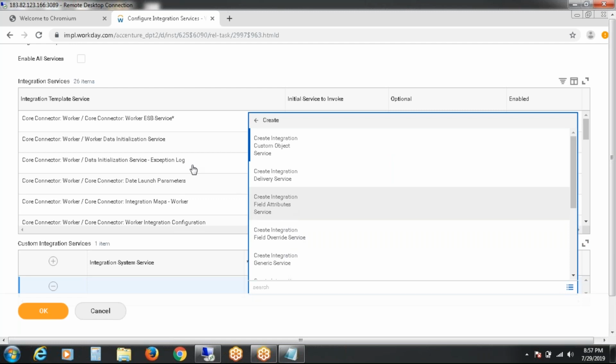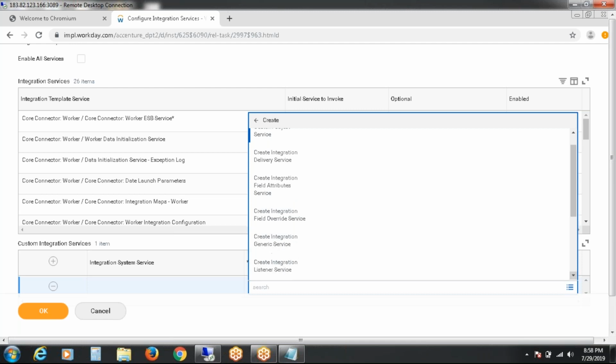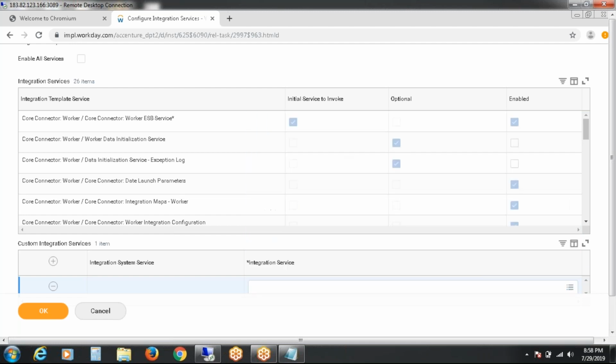Whatever integration services you have selected, you may not find the Workday delivered field, but you know what the field name is, so you can create it here. You can call field override services by calling calculated fields and so on. In very rare scenarios we will use the generic services and listener services, where you can call the report, integrations report or sequence generator. I will explain this process, but let me go with field override.